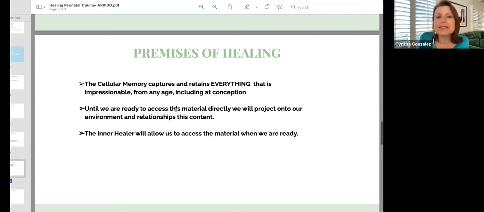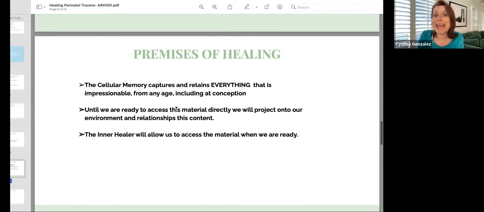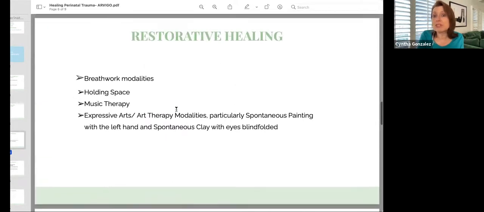And then next, until we're ready to access this material directly, we will project it onto our environment and relationships. We will project this content onto our environments and relationships, especially because it's so pre-verbal, so non-verbal, and it's inevitable. And then the inner healer will allow us to access this material when we're ready. And that can happen through a whole variety of means. So before I lead the visualization, Summer, anything you want to add in terms of the restorative healing or